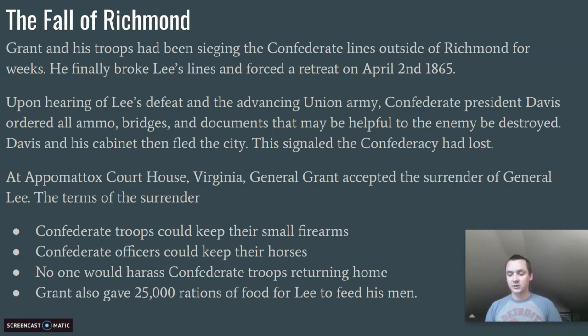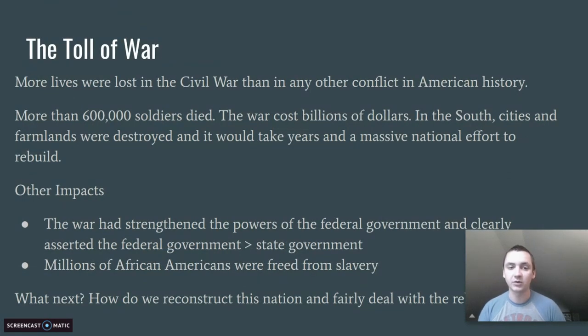This leads to a couple important questions, perhaps the most important being, how do we treat the Confederates now, right? They just rebelled against us. We just fought the bloodiest war in American history for 4 years, and now they're back and they're a part of our country again. How do we make this work? And so the toll of the war,